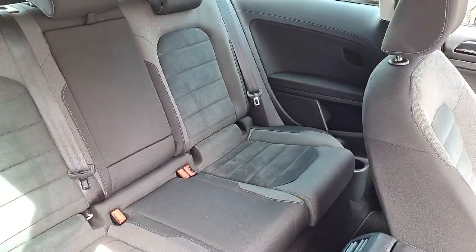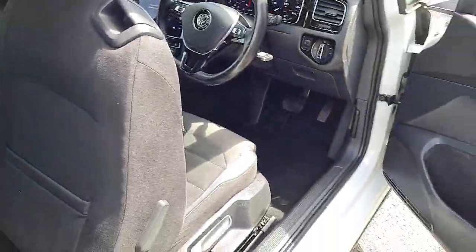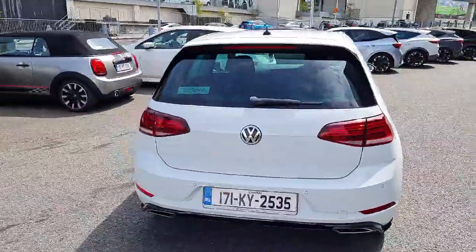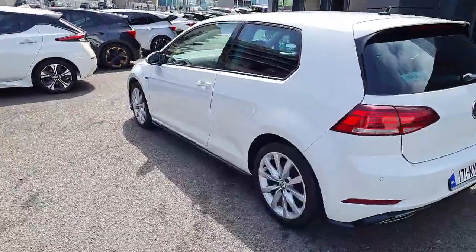With security features like centralised locking and anti-collision system, you can drive with peace of mind. Don't miss out on this fantastic opportunity to own a top-of-the-line vehicle with a full multi-point health and safety check, comprehensive warranty